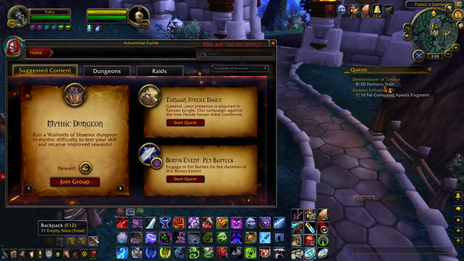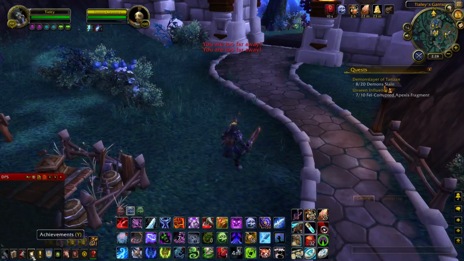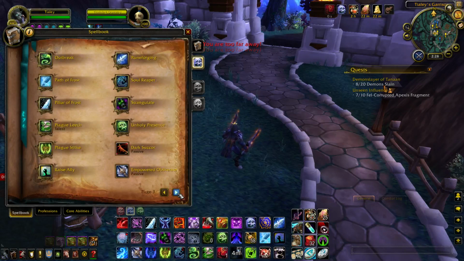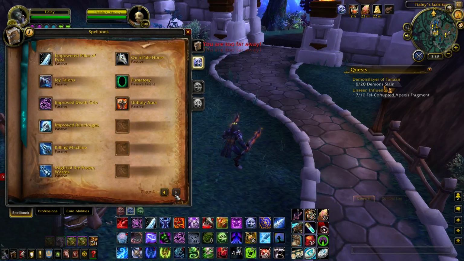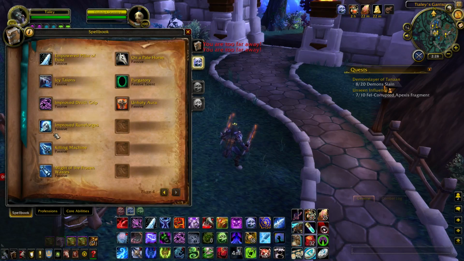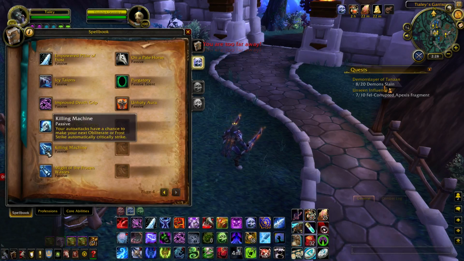And then I want to go over some of their important abilities real quick before I end this video. There's the book. Anti-Magic Shell is not here because it's more the passives I want to go over. Just let me find them. Killing Machine. There we go. Your auto attacks have a chance to make an extra Obliterate or Frost Strike automatically critically strike,